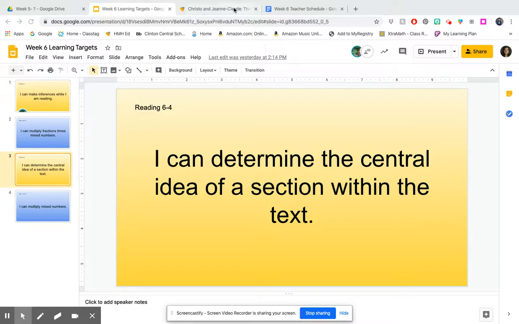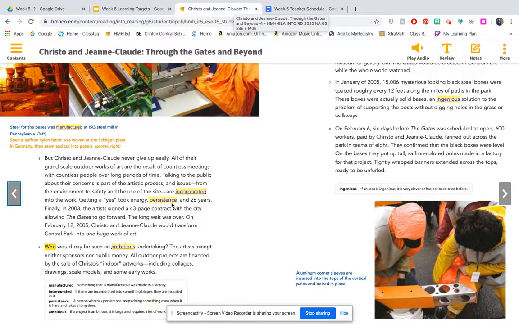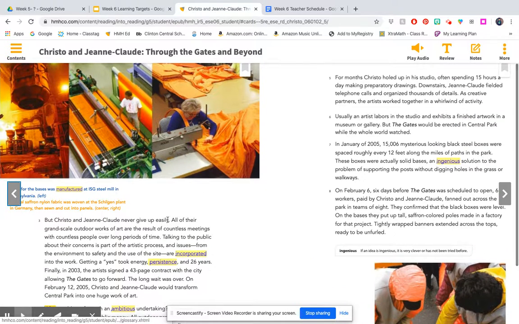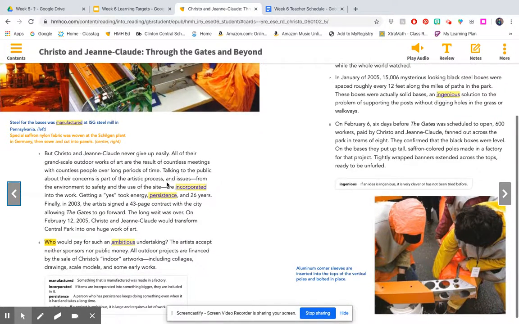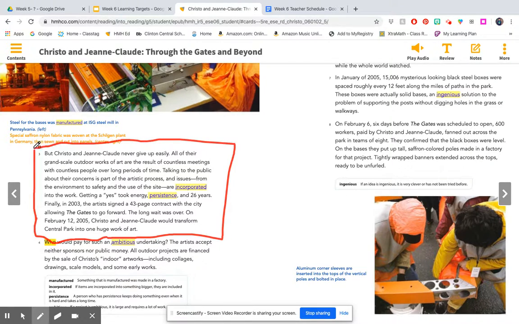So what I'm going to have you do is turn your book to page 22, which looks like this. We're going to start by looking at just this section before we read. So I'm going to draw a little box around it. I'm going to reread it quickly just so we can have some background knowledge and to remind ourselves from Monday what this section was mostly about.